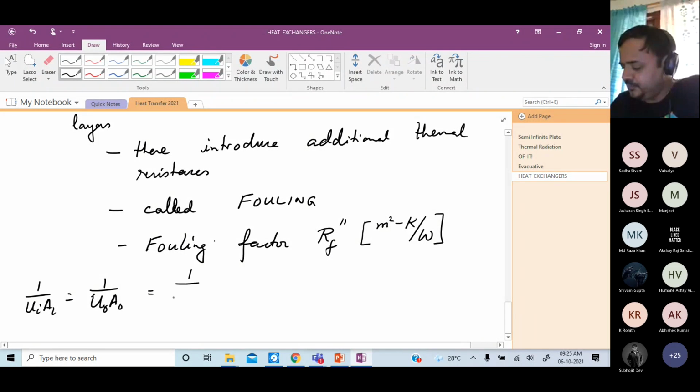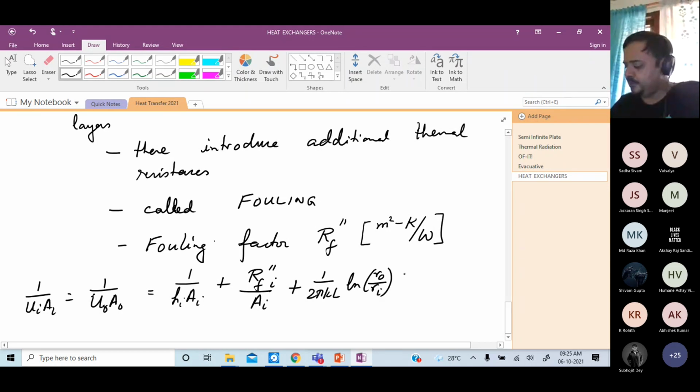Is equal to 1 over h_i A_i innermost plus R_f double prime_i divided by A_i plus 1 over 2 pi k L log r_o over r_i plus